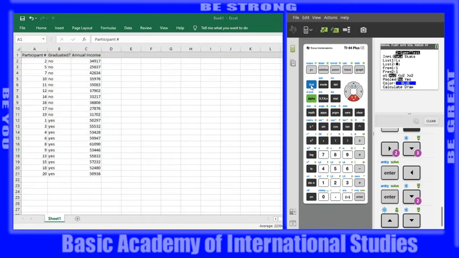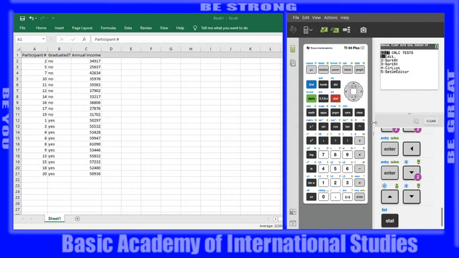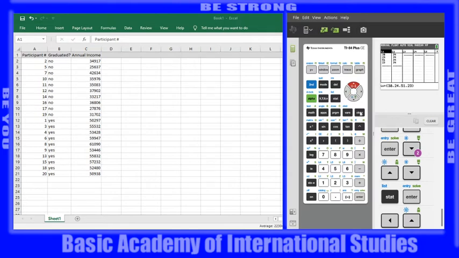So let's first go back into Stat, Edit, because I need to edit my lists. We'll clear these lists of all of their data. Having done so, I shall input all of the no's in first. I have 10 of them, and then all of the yeses, going one by one. So that'd be 3, 4, 9, 1, 7,